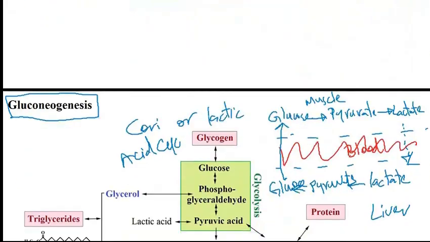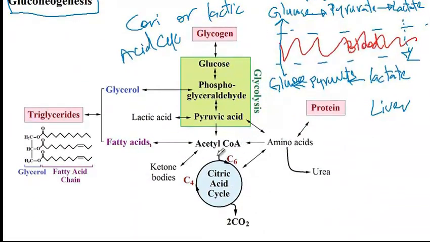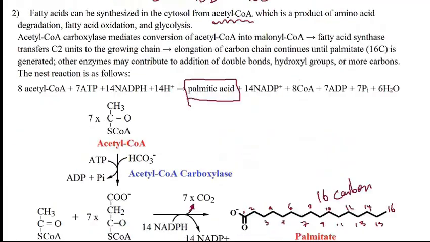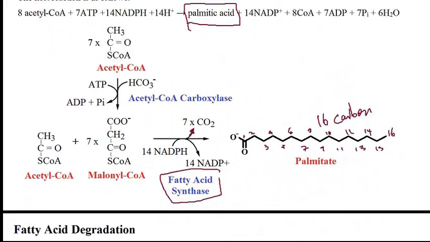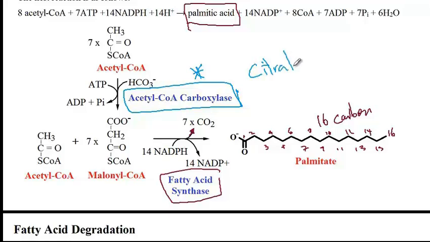So here, when I'm showing you that acetyl coenzyme A can be converted to fatty acids, that's the mechanism I'm describing. And when I'm showing you that fatty acids can be converted to acetyl coenzyme A, that's the breakdown process, which I will discuss next. Alright, now the last point that I'd like to mention before moving on to fatty acid degradation is the rate limiting reaction. Basically, acetyl coenzyme A carboxylase is the rate limiting enzyme of fatty acid synthesis, and it's therefore upregulated by citrate